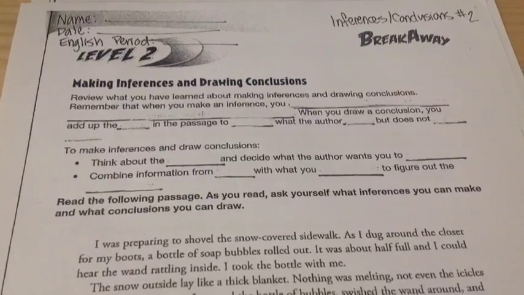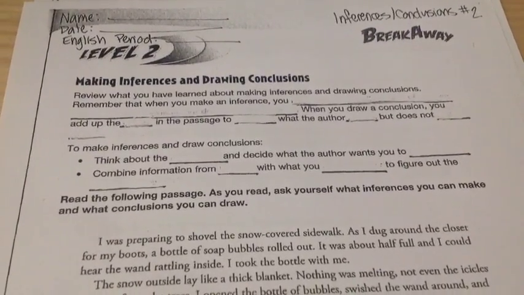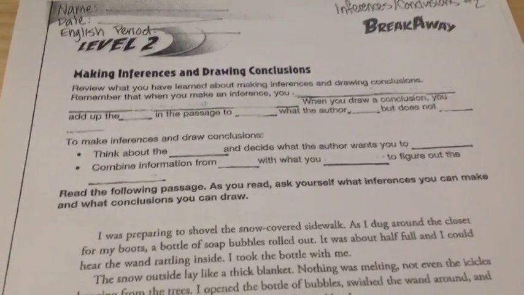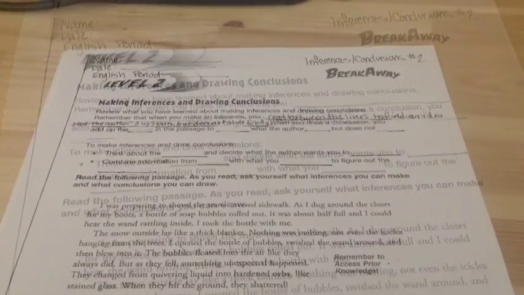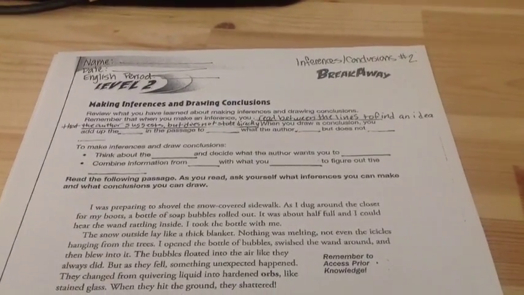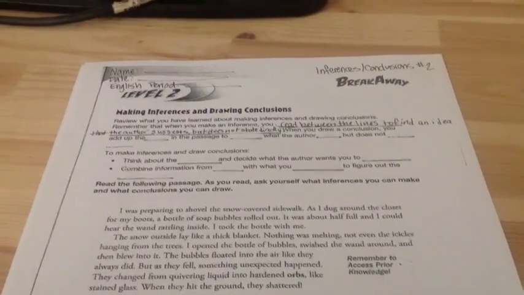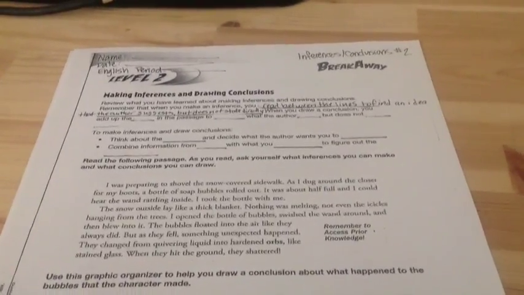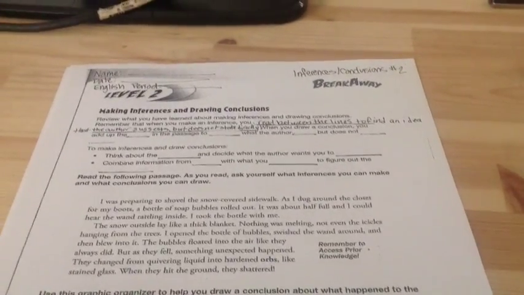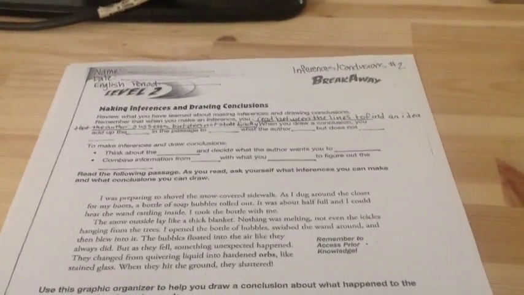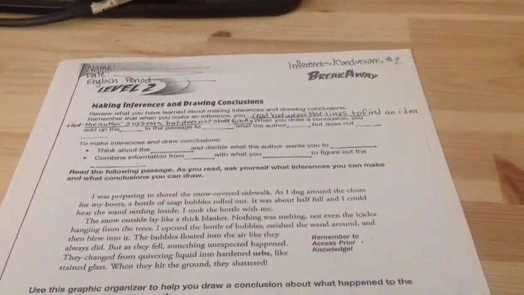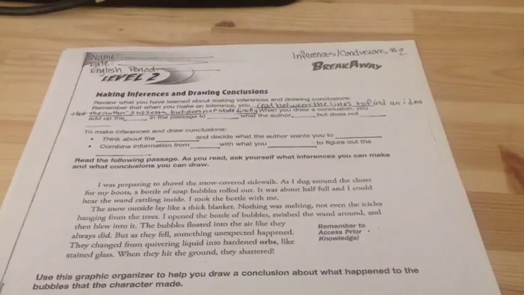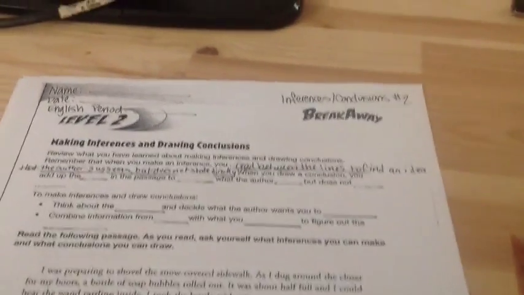Remember that when you make an inference, you read between the lines to find an idea that the author suggests but does not state directly. Let's go ahead and write that in now. Notice that I went to the edges of the margin in order to fit in the whole definition of making an inference. So please be sure to do that so you can fit the entire definition, which is: when you make an inference, you read between the lines to find an idea that the author suggests but does not state directly. When you draw conclusions,